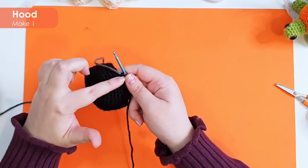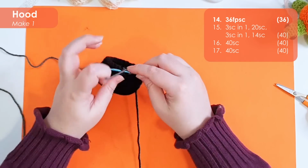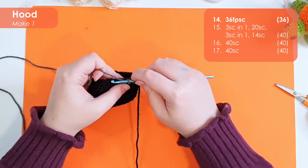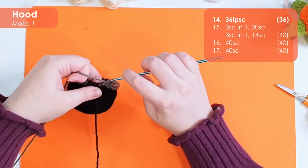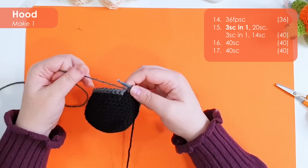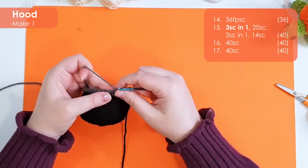That means that we have finished the inside of the hood and we are now working on the outside of the hood. So now in our grey, we are going to work 36 front post single crochet around. Then for row 15, we're back to working through the loops. So we start with 3 single crochet into the same stitch,